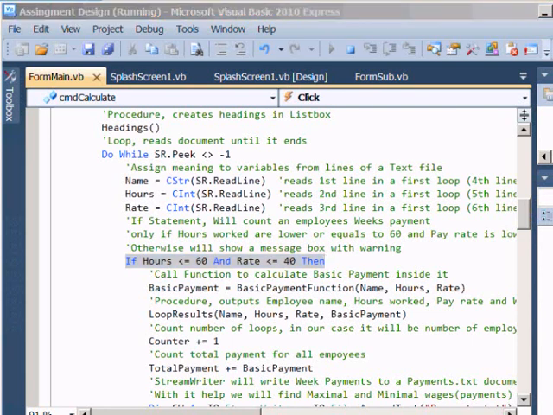I showed you my program, I explained my controls, I showed you the functions and procedures. I did have some mistakes and I pointed them out. You can see that the comments are used all over the place, and